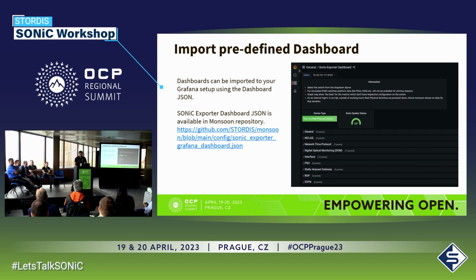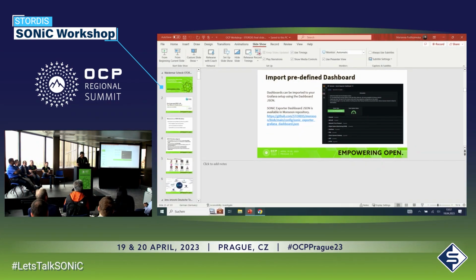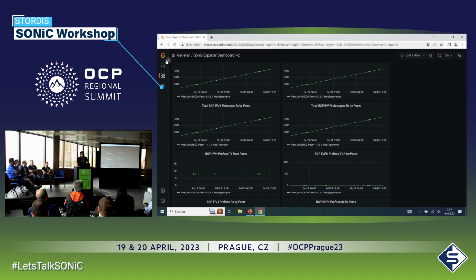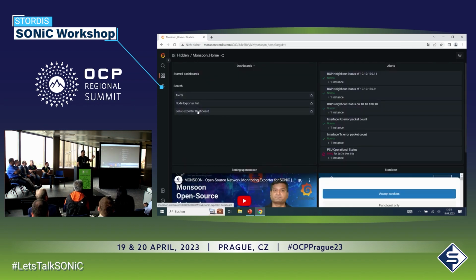Exactly. Yeah. So I think I showed you a panel where there were some alerts configured. These alerts are not coming from the device, but rather the Grafana and Prometheus system is polling the data, and it found some abnormalities in the data. Then you can decide on the front end, on the application itself, oh, it's an alert. So this is how